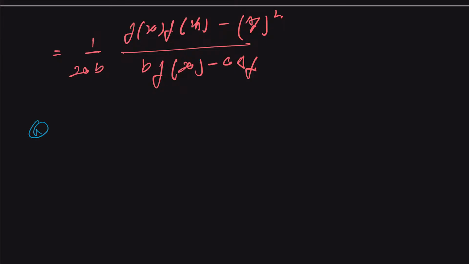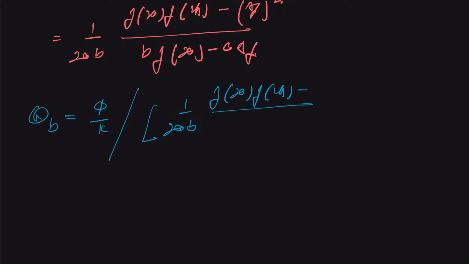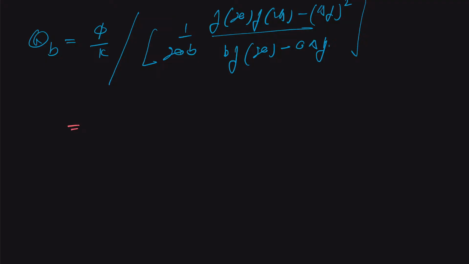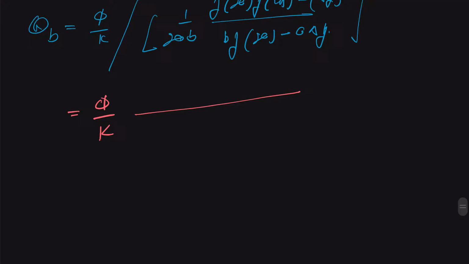So we get that the charge QB will be equal to 5 upon K, and this will be whole divided by 1 upon twice AB, function of twice A, function of twice B, minus delta of F whole square, B F of twice A minus A delta F. And which can be written as our 5 upon K will be equal to, because this is entire term in the denominator, so we get this as a 2AB,